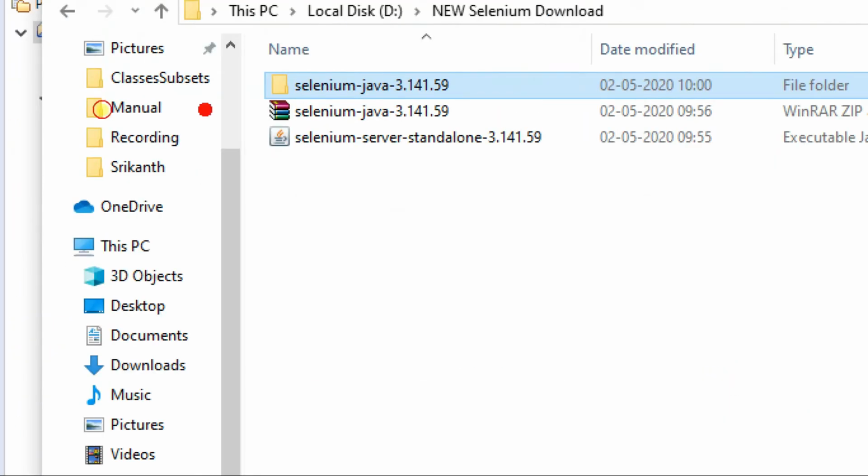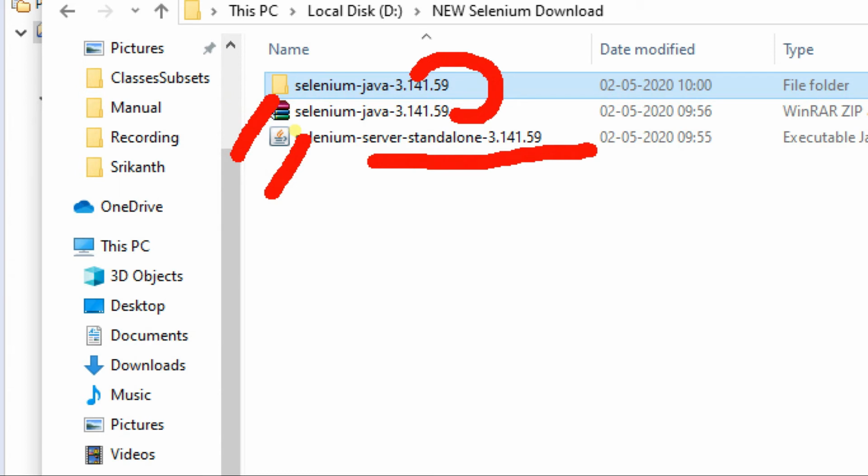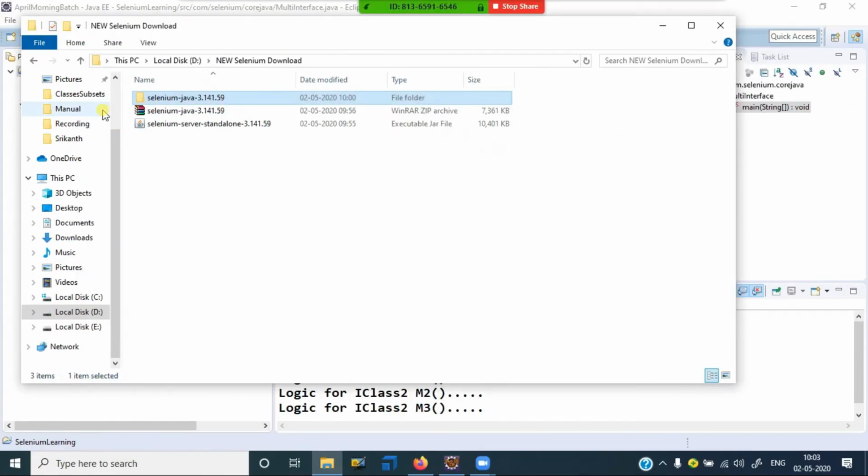Either you can download this one or that one. If you download the zip, you extract it and configure the jar files inside. But the standalone is straightforward, only one file to configure. That's the difference. Got it?